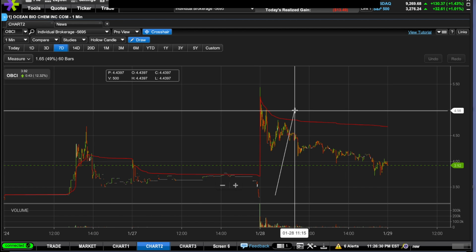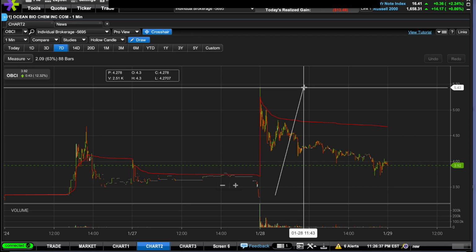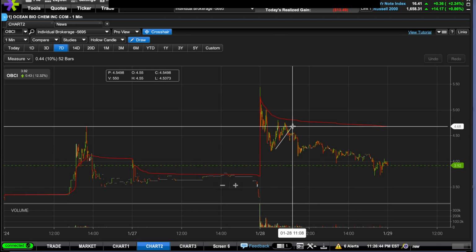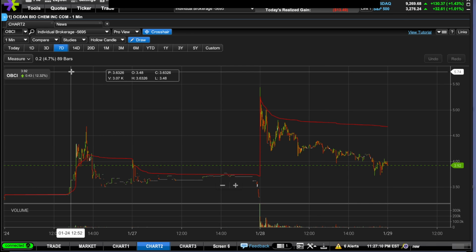And then again today, gapped up 49, even higher, probably like 60, about 60 gapped up. And then you could see the bounce right here. Yeah, so for that one, my prediction, I was like buy at 4.18 for ramp up. I thought I guess buying it on the dip. I bought at 4.18,